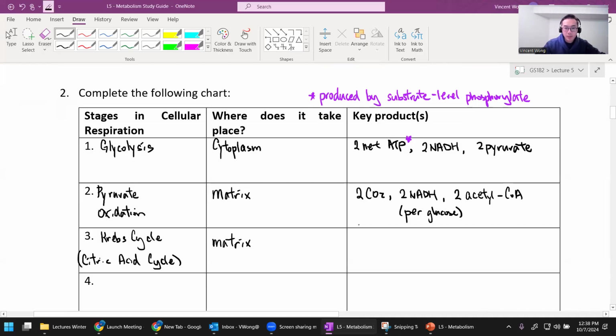The key products per glucose include 4 carbon dioxide, 6 NADH, 3 per spin,